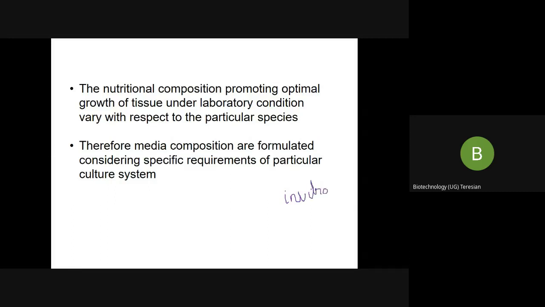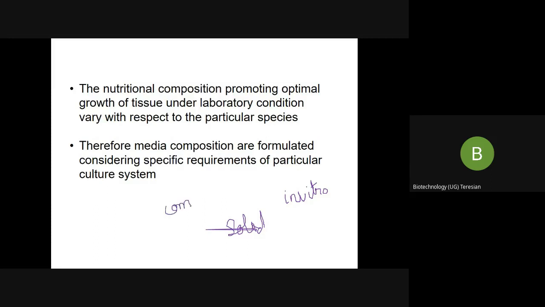But you see that all plants will not grow at the same time, with the same type of media that you are providing. Some of them will grow in solid media, some prefer liquid media. So there are a lot of variations in which the plant grows. Some tissues grow in simple media containing only inorganic salts and carbon, but some other tissues require a complex